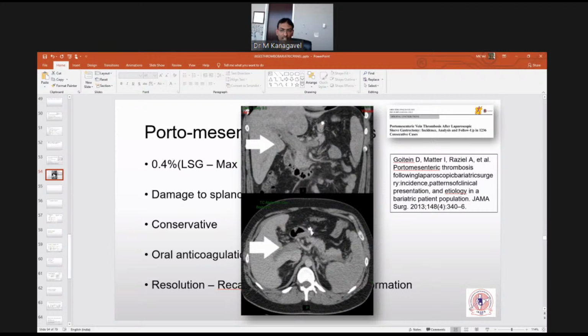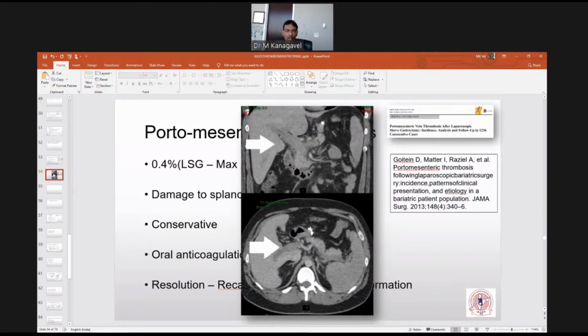As everyone knows, these are all symptoms that any patient who's had bariatric surgery may complain of, but you have to be able to put 2 and 2 together. And CT scan with IV contrast will be the diagnostic modality of choice. And if you diagnose something like this, a mesenteric vein thrombosis in the form of an SMV thrombus or a portal vein thrombus, your initial treatment is going to consist of IV hydration, bowel rest, and anticoagulation with either low